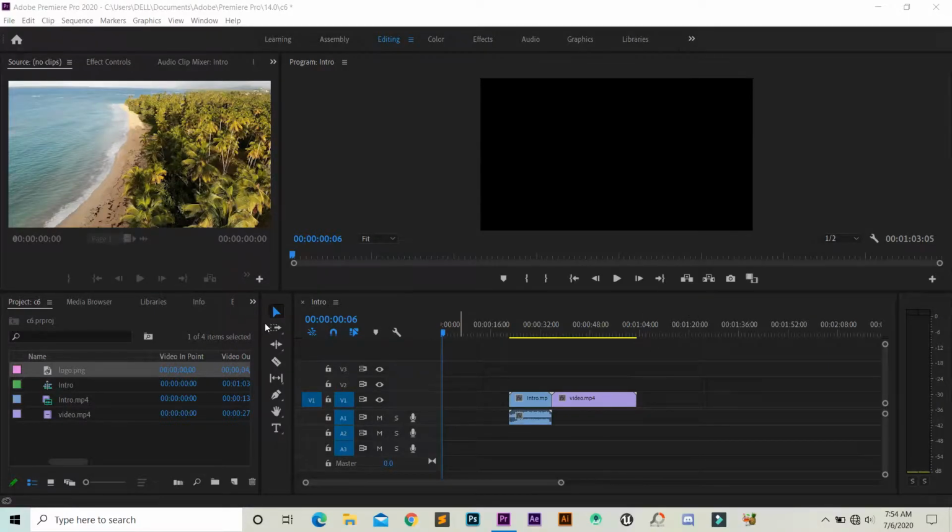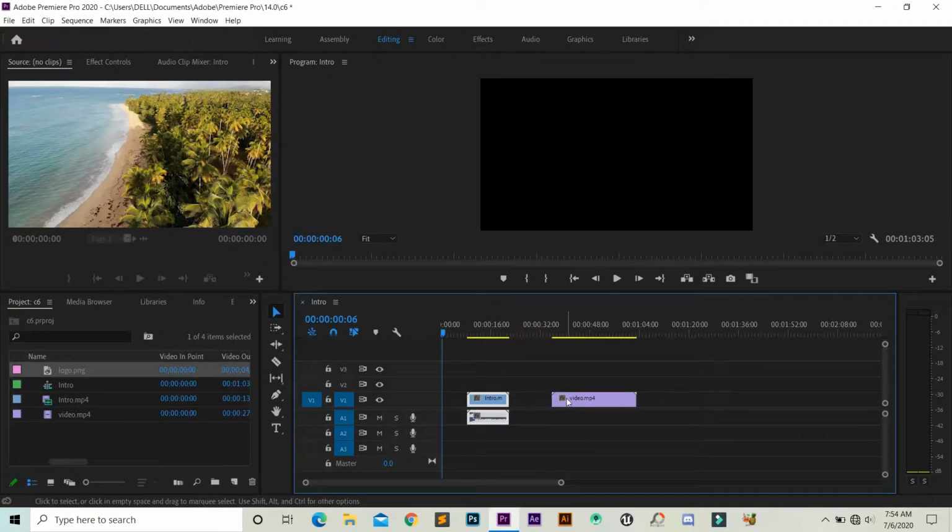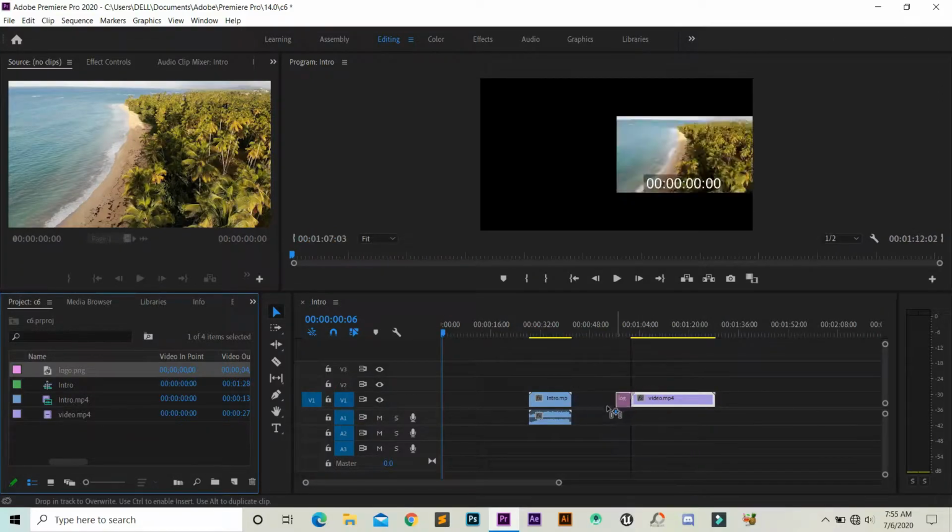Alright, now this is your toolbar. If you look into the toolbar here, you can see by default selection tool is selected. Now selection tool is used to select your video clip or audio clip, and you can also drag your mouse to select and move multiple footages and audios. Now most of you need to add something in the middle of the clip, which can be your image file or anything else. So to do that, we use the selection tool to drag and move our specific files to add those things very easily.